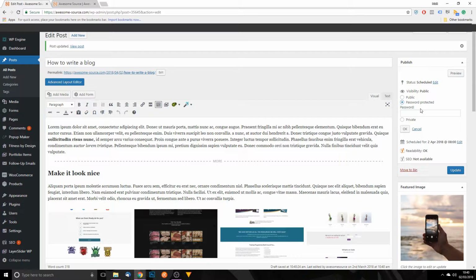Password protected, this will give you the option to set a password, and this password will be universal, so it's not individual to any specific visitor. Anyone that visits this blog will be greeted with a small form saying enter the password, and they'll put this password in that you set to view the blog. Okay, it's not the most secure because people can share the password around, but if you want that, it's an